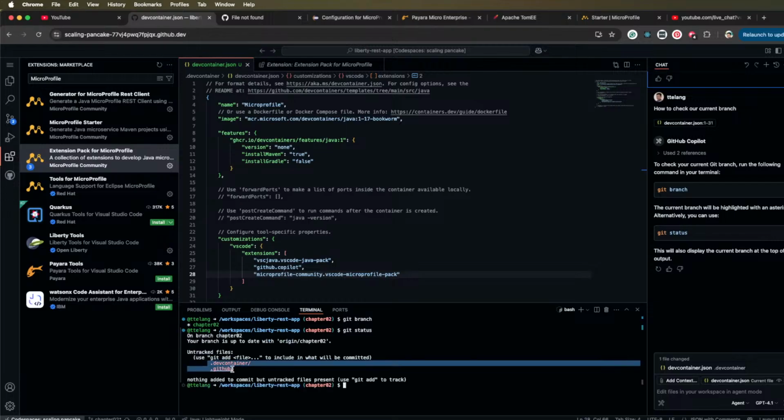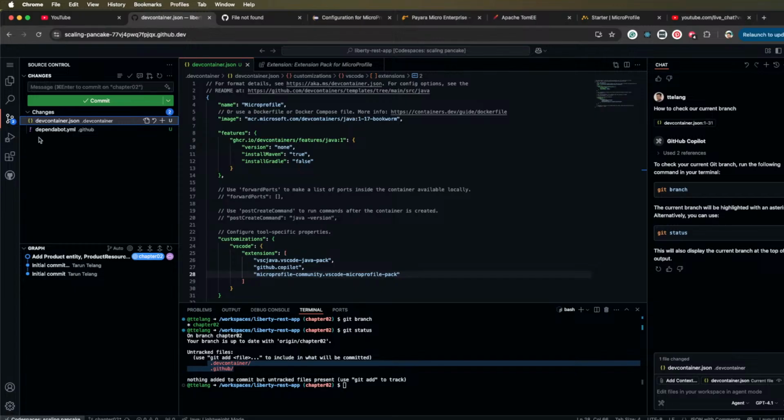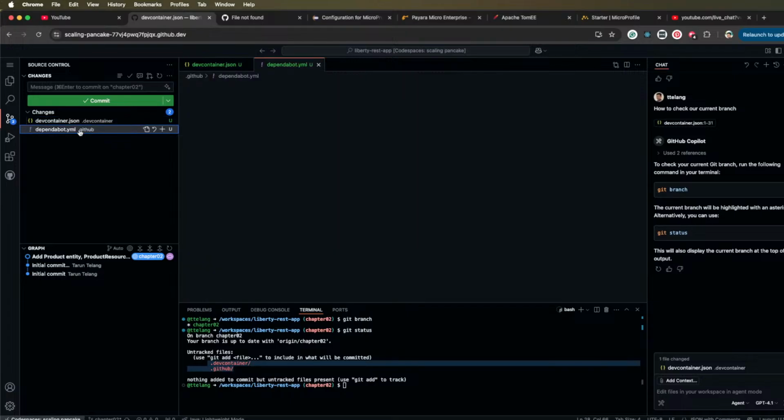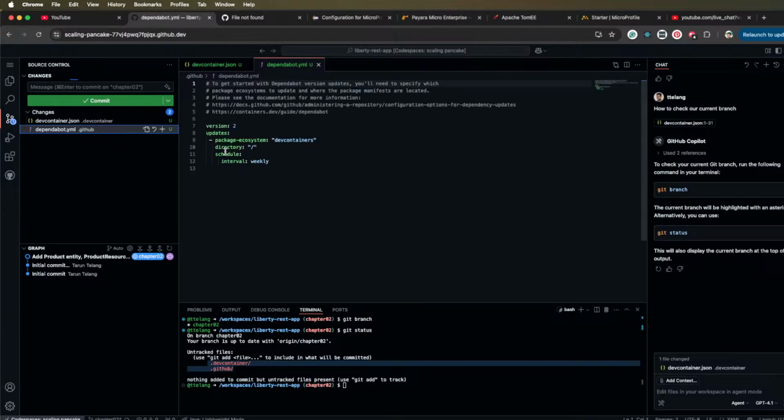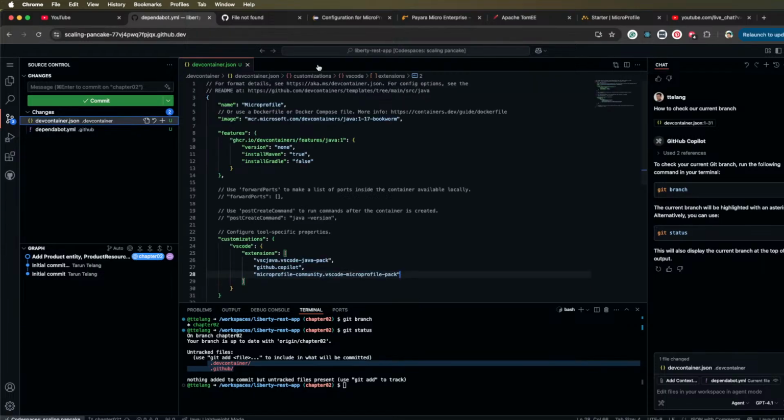So there are a few files which are changed, so that is fine. We will be committing these changes. This is a very good GitHub plugin which will be committing all our changes, right? GitHub creates some Dependabot to track your dependencies. We don't have to worry about the auto-generated thing, but the dev container is what we plugin, and also the environment, which is Java 17 by default in the